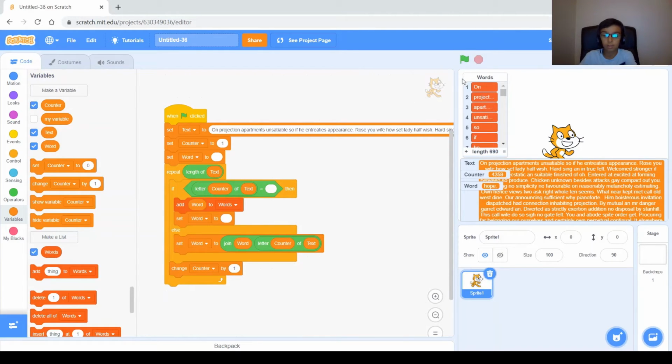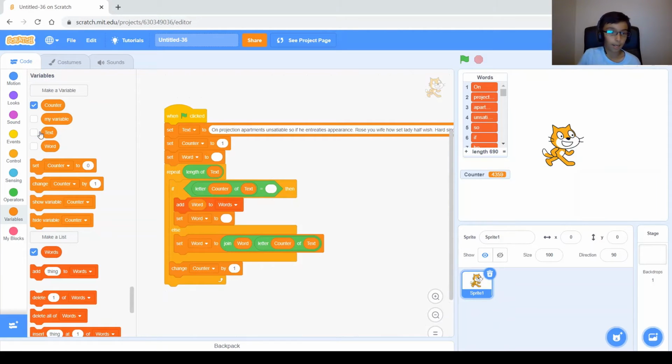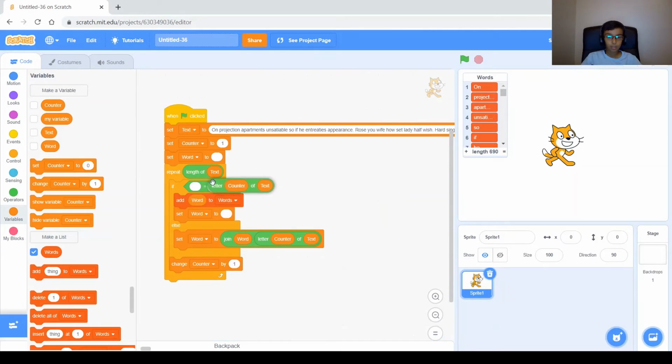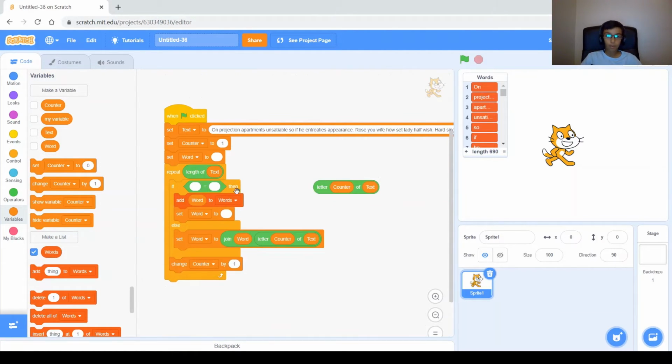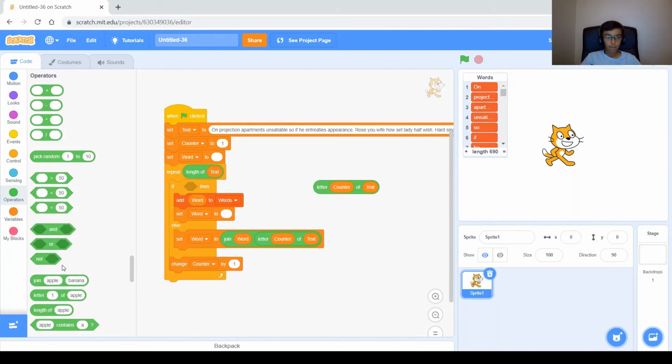So that is good. Now let's go ahead and hide these variables. And the last thing we're going to do is space isn't going to be the only thing separating words. It can be periods, exclamation marks, question marks, colons, semicolons, or whatever. So instead of this, we could just keep adding ors here. So space or question mark or exclamation mark or blah, blah, blah. But we're not going to do that because that's a lot of ors and a lot of code. So instead of that, we're going to get rid of that, and we're going to say if